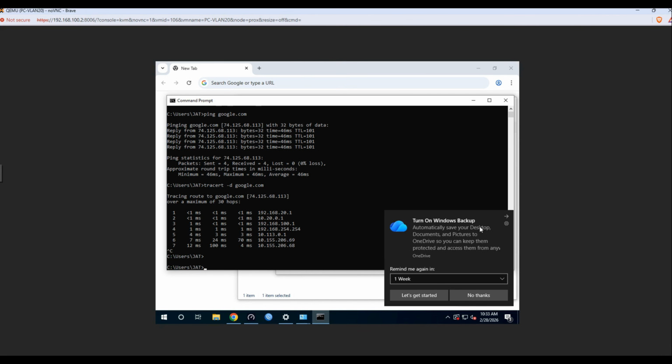And that's it, everyone. This is how to configure VLANs on a Mikrotik router and how to set up policy-based